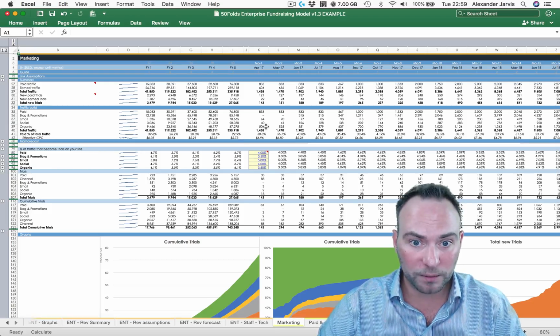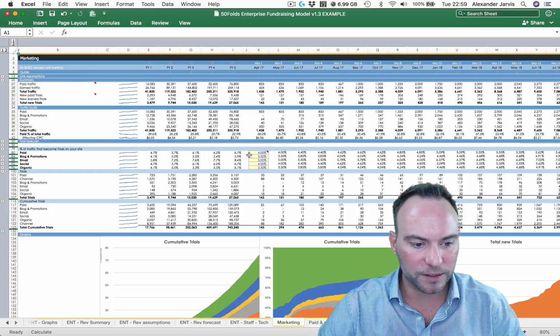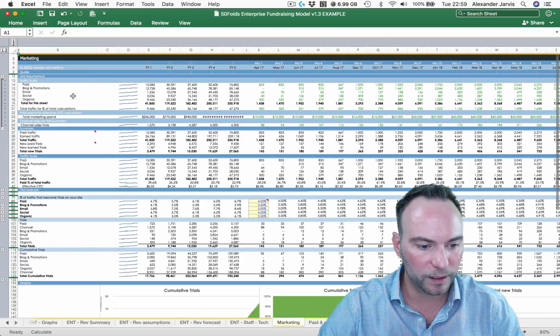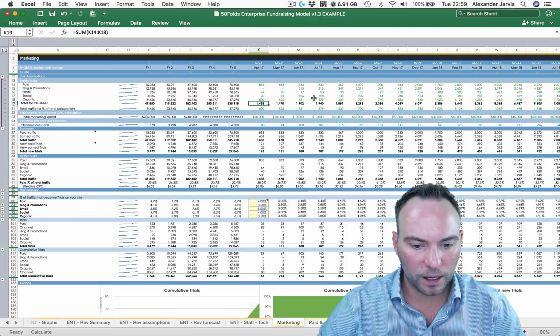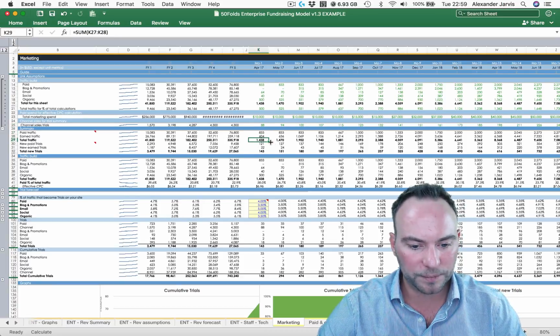So let's start out with the marketing sheet. And I'm going to keep it ungrouped so you understand what's happening, except for the links. So we can see the links come in from all the different sheets: paid, blog promotions, email, social, organic. And this is all traffic that's coming in. It's your traffic build, so to speak, because you build up all your traffic from different places. We can see how much you're spending and how many trials are coming in as an FYI, okay? And that summary, the output, is going to be saying this traffic is going to be turning to this number of trials. And we can see how that traffic is building up again here.